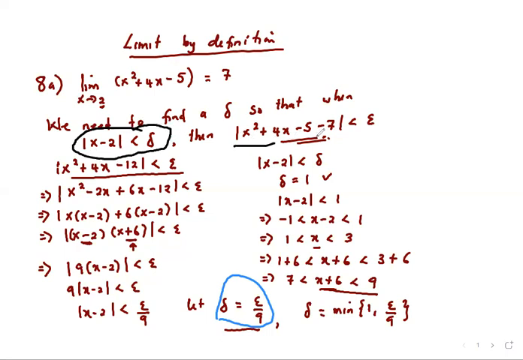And how did we come up with this condition? The definition of epsilon and delta states that x minus this value here should be less than delta, whereas the function inside